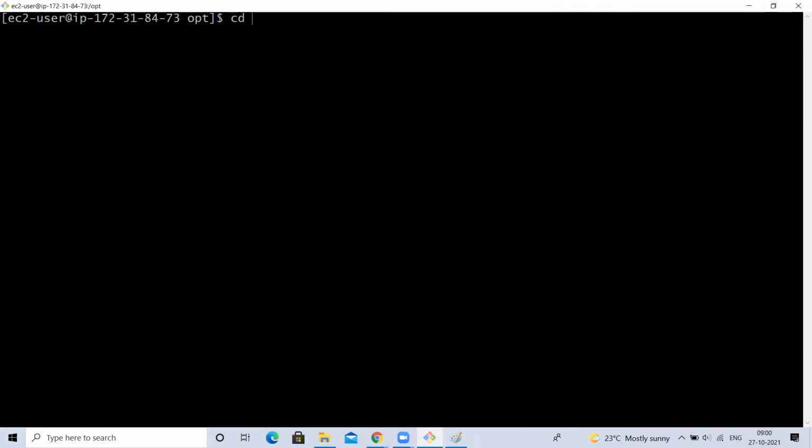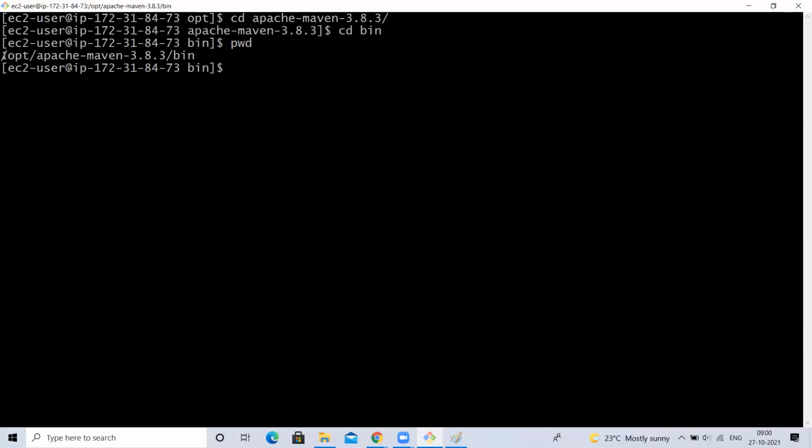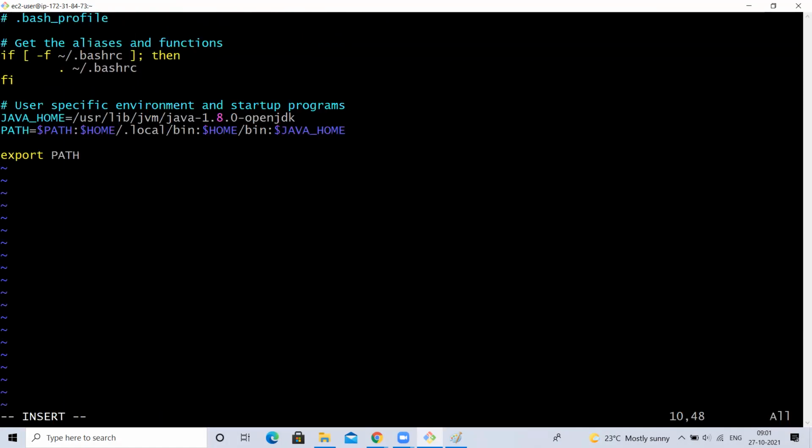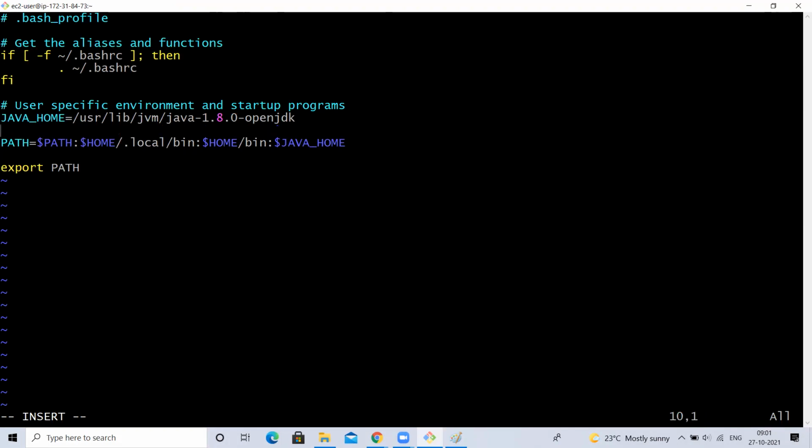I'll go to this directory, Apache Maven, then cd bin and pwd. We'll take this path. I'll go to the user home directory and vi .bash_profile. Here I'll set the path: M2_HOME equal to this one.